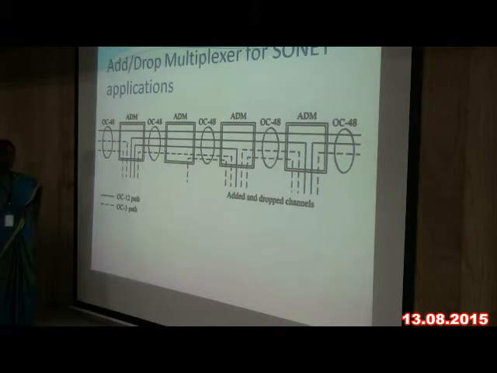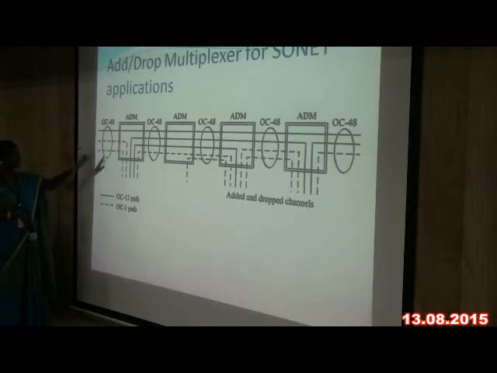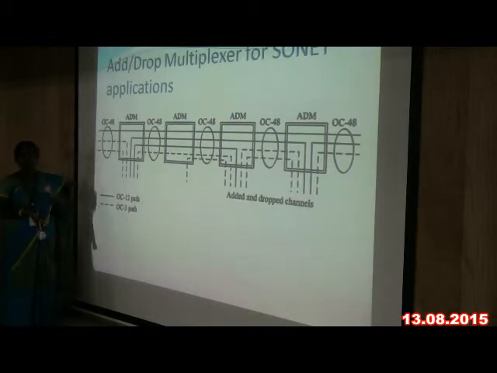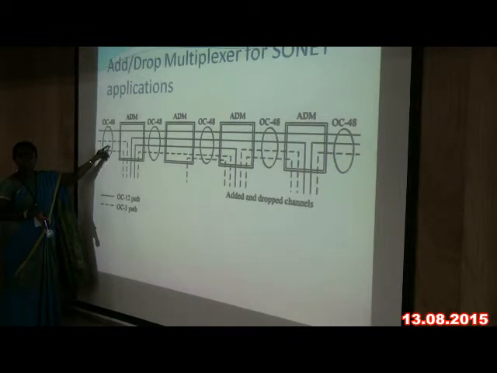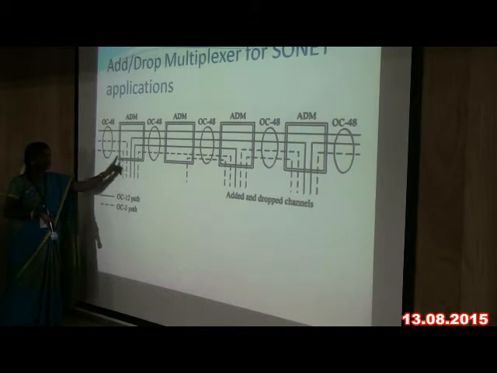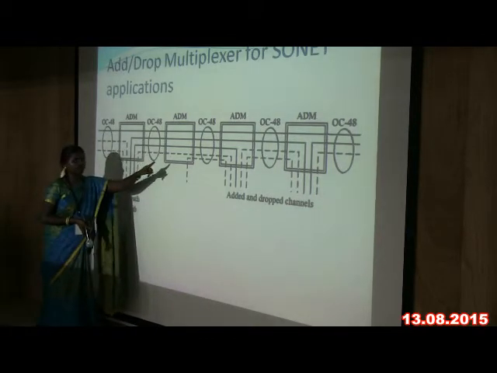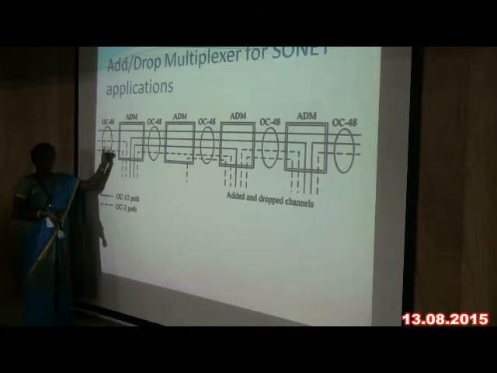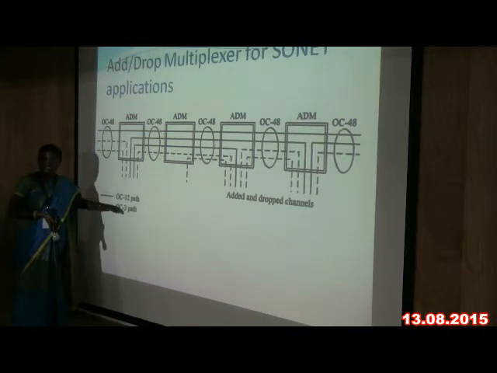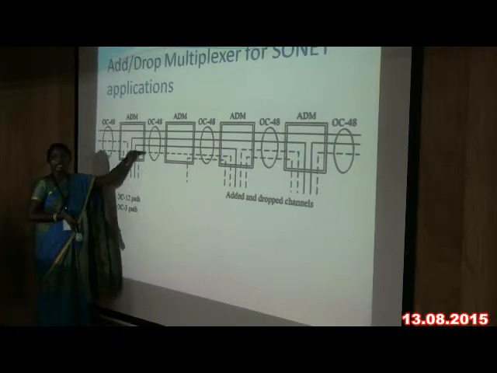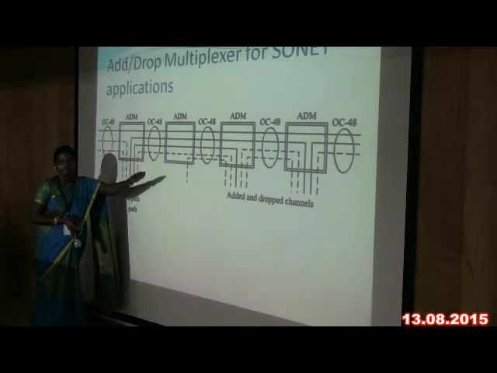Next one is the multiplexer concept. How are we multiplexing the number of signals in this optical fiber communication, here OC48? What do we mean by 48? Optical carrier signal 48. The data rate is different for this 48. OC48: the high data rate signals are multiplexed and dropped using the add drop multiplexer. Here the OC48 signal is transmitted.